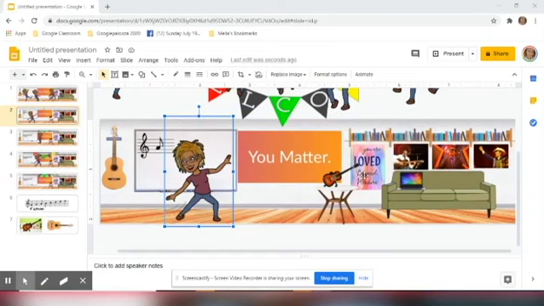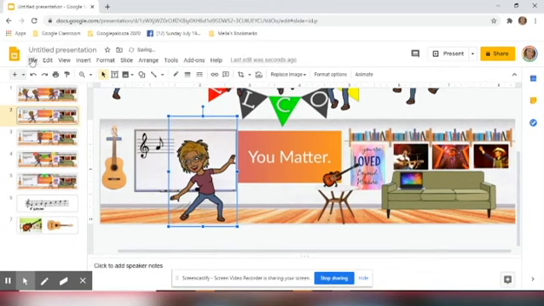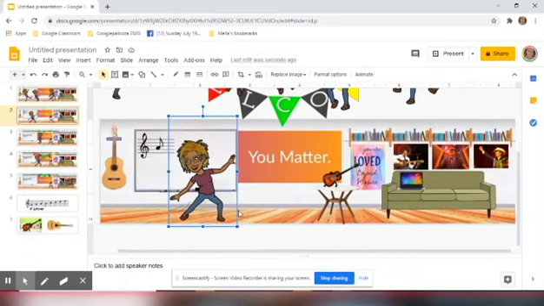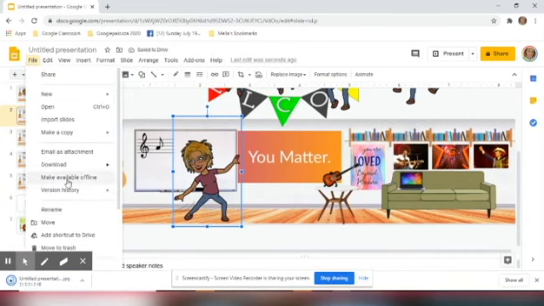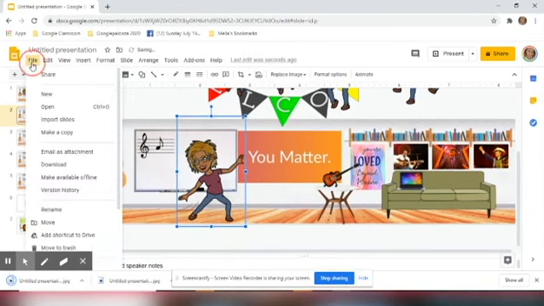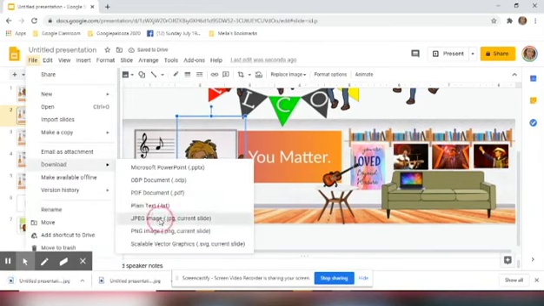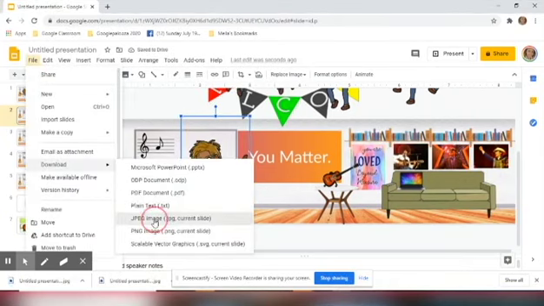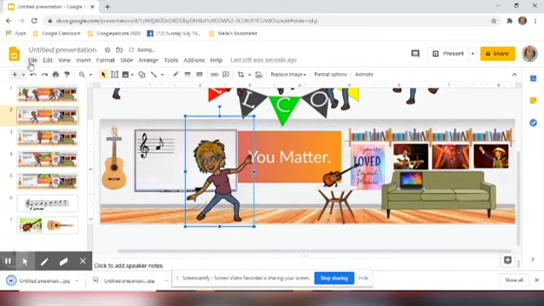All right, so you're just going to keep her going. The way that you do it: move her a little bit, click her, move her a little bit, go to File, Download, and we do JPEG or PNG, whichever file type you're doing. So right now we're going to do JPEG. Move over, File, Download, JPEG. Move her over, File, Download, JPEG. Move her over, File, Download, JPEG. And you'll keep doing that same process